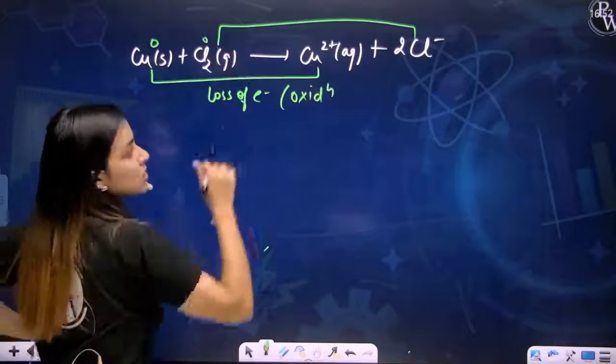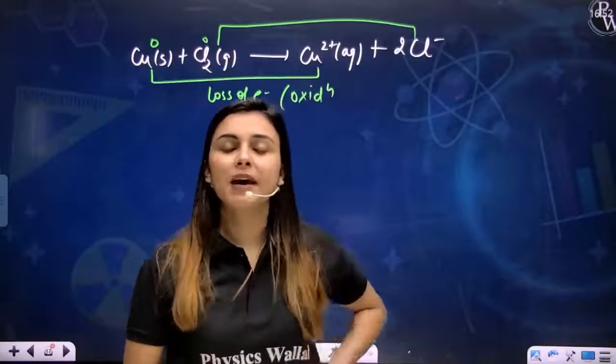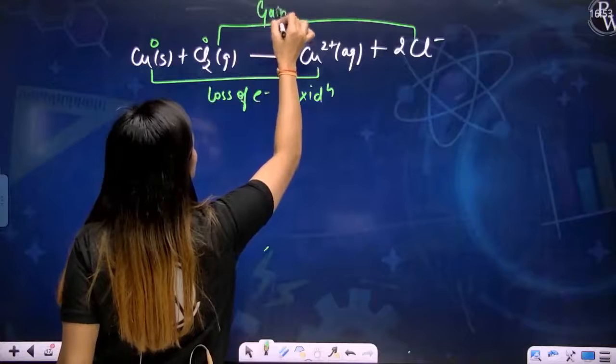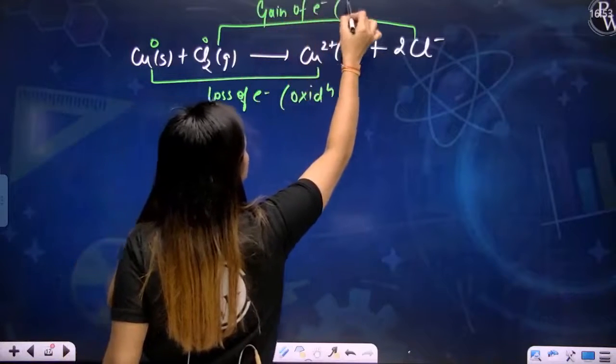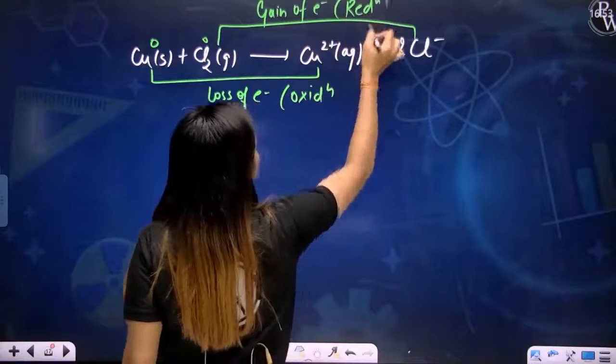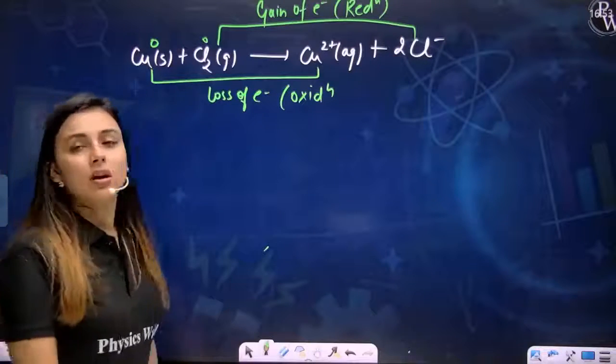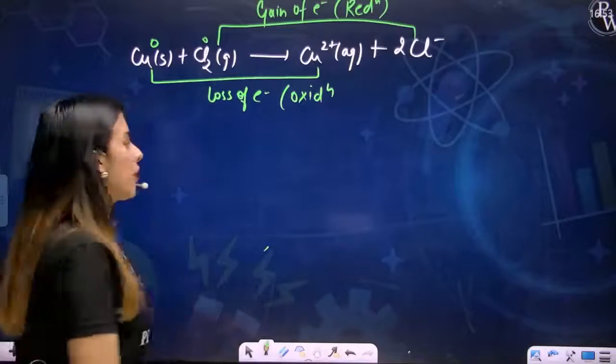Cl2 goes to oxidation state -1. This means that it might have gained an electron. So gain of electron is reduction. Okay, perfect. Now I know oxidation and reduction, so I can say anode